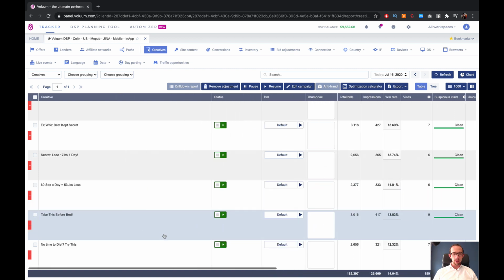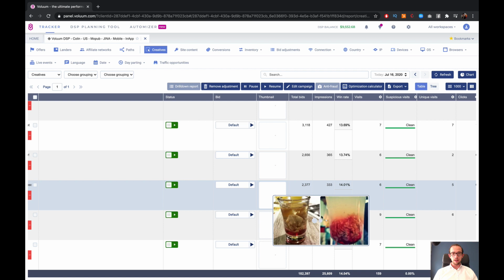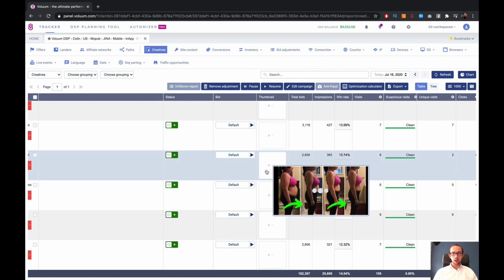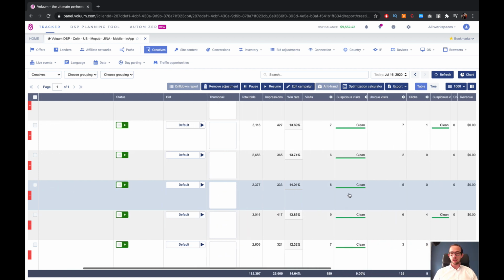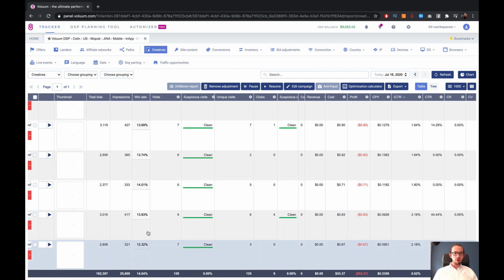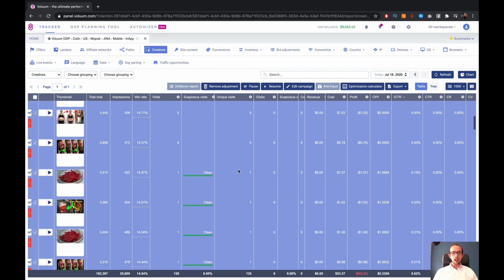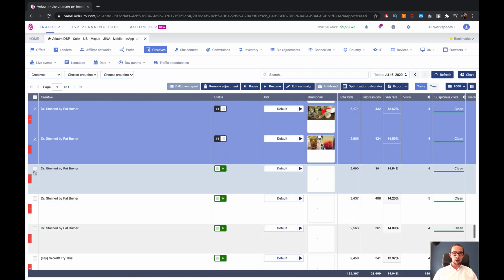So the best one is the headline, "No time to diet, try this." And then a before and after picture. So the brains apparently tend to work quite well. 60 seconds a day, 53 pounds lost. But of course, relatively low impressions still. So I would have to get it over, I would say 1,000 impressions to make a good coherent judgment on